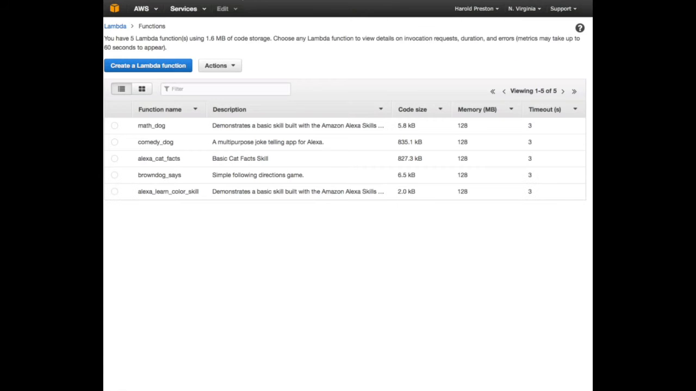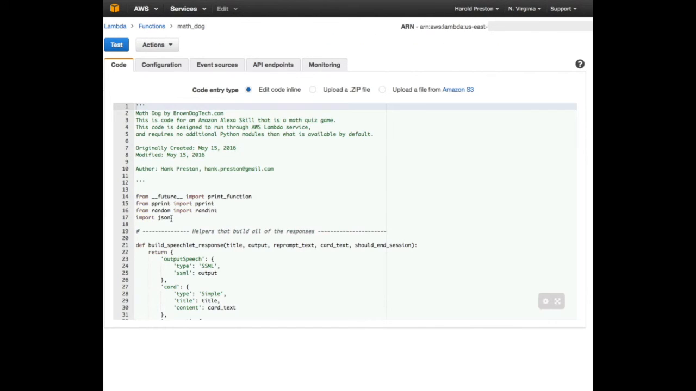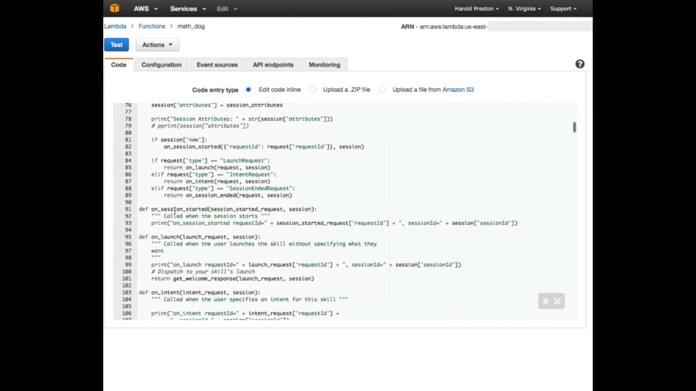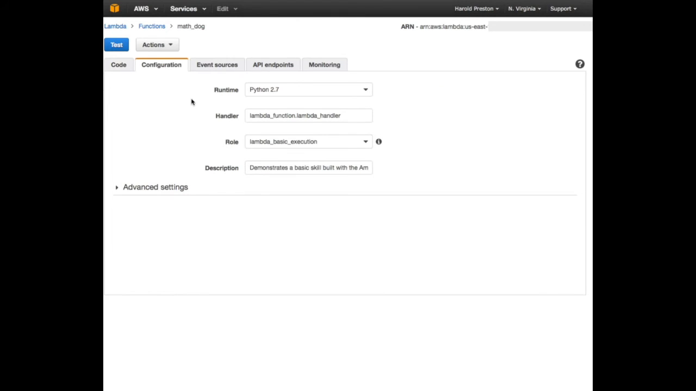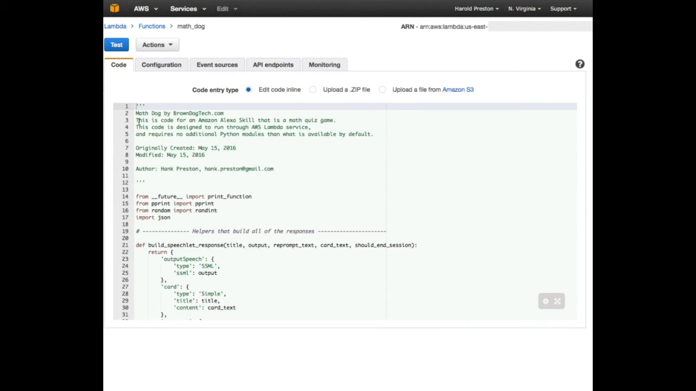So if we flip over to AWS, we can see that I've got my Lambda functions that are written. Each of these are supporting a different service. And underneath MathDog, here's the code. Exact same code that we were looking at earlier. Underneath configuration, we indicate that it's a Python function, that we're doing Lambda capabilities. Here we can see that it's an Alexa Skills Kit that's going to run the code that we went through on that. For this case, the code that I've written here in Python is fairly simple, doesn't require any external